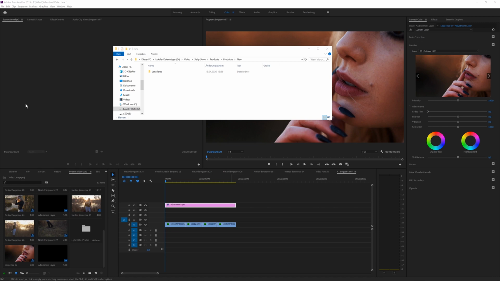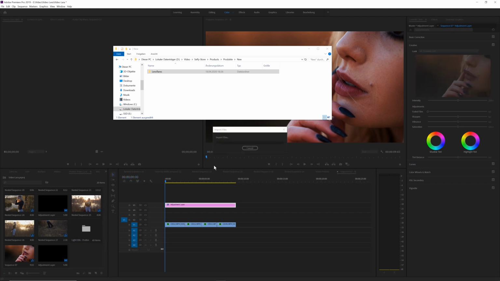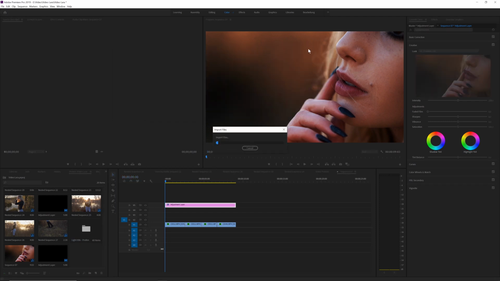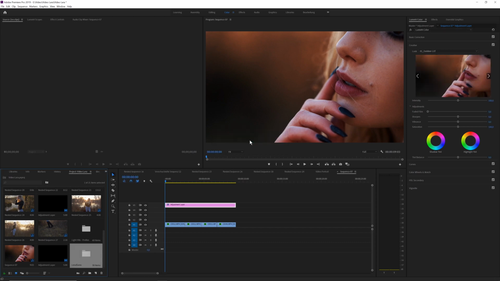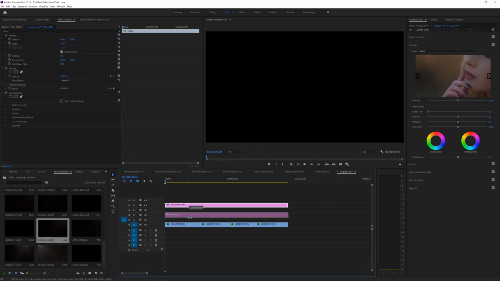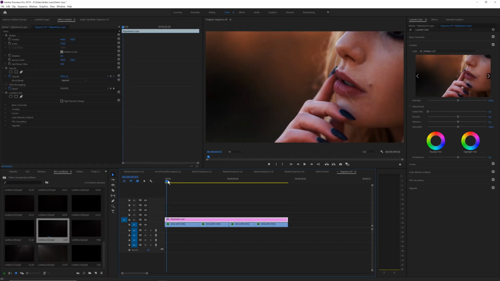We quickly open up Premiere Pro. Here we have the lens flares on our computer, and now we quickly drag and drop them in our project panel. Basically, this will work in any other editing software like Final Cut Pro or DaVinci Resolve. After it's done loading, here you can see a short sequence, and there is only one adjustment layer over it